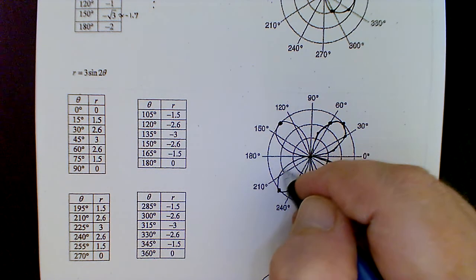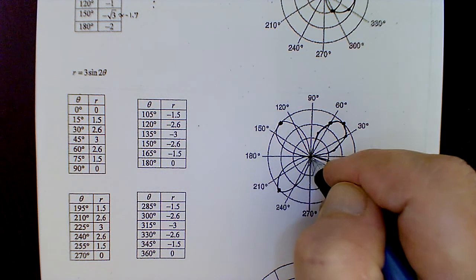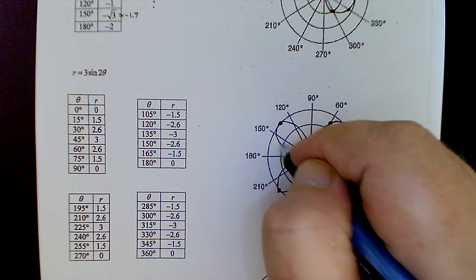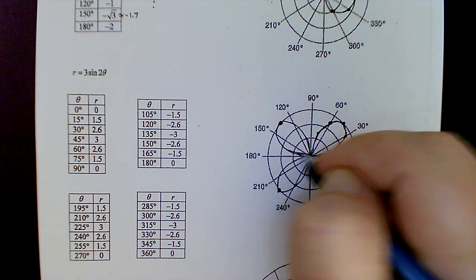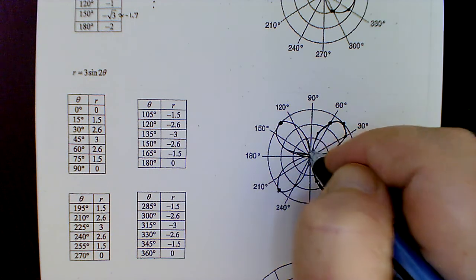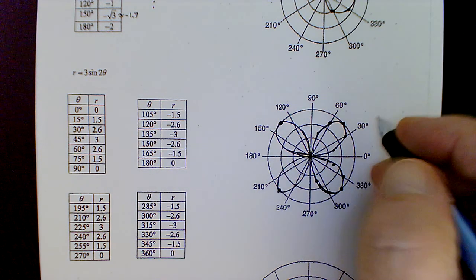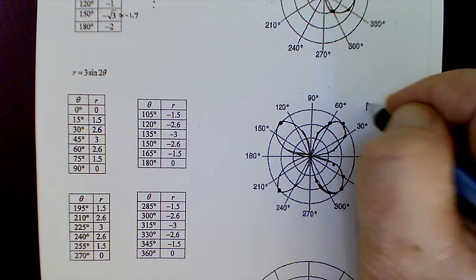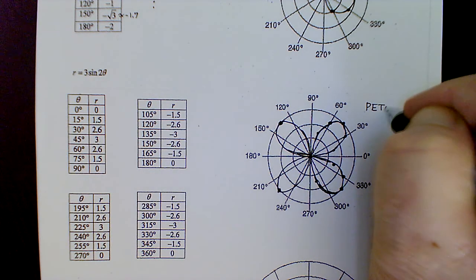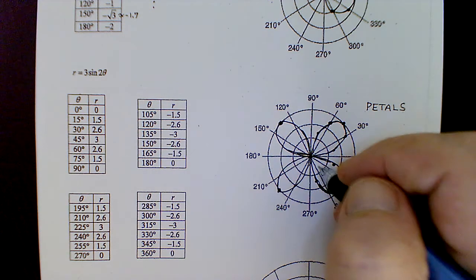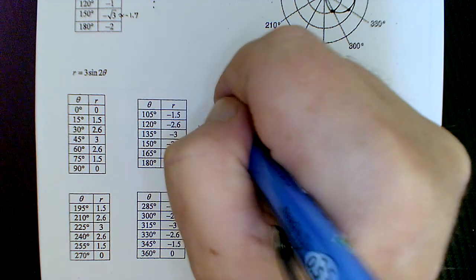Okay. And so these propeller looking things, I look at them and I see a propeller like on an old airplane. But these are referred to as petals, P-E-T-A-L-S, like the petals on a flower. And because it has that shape,